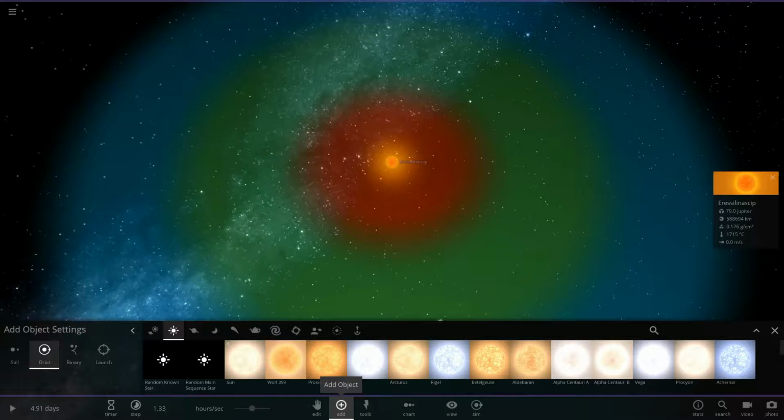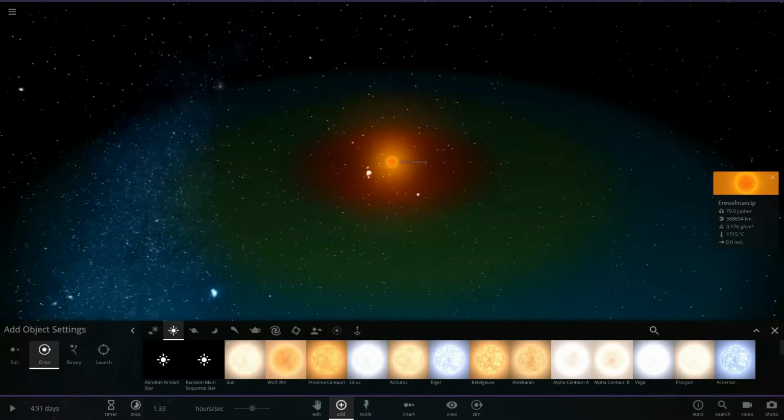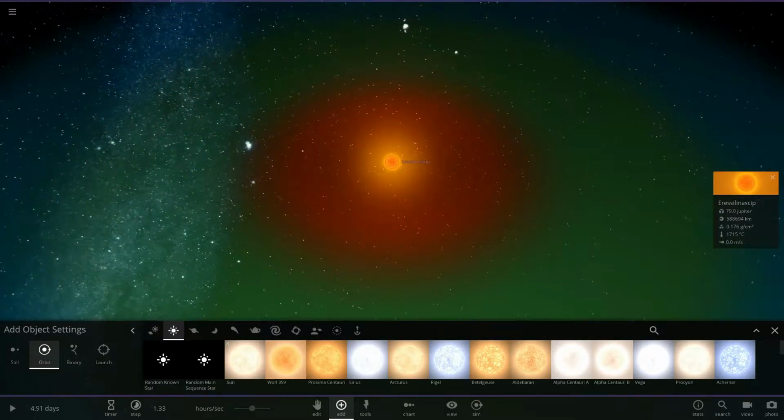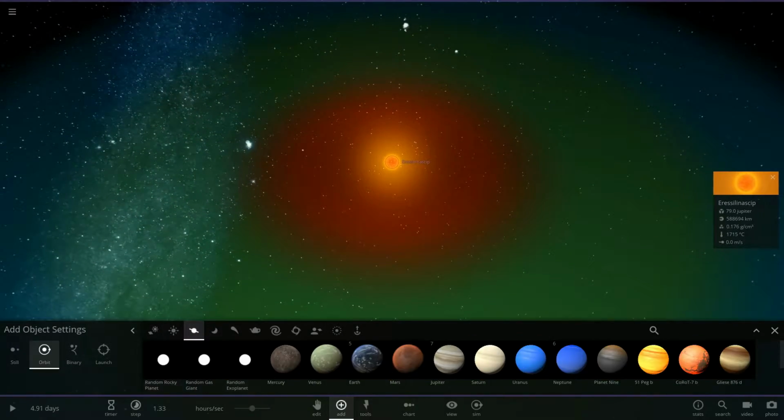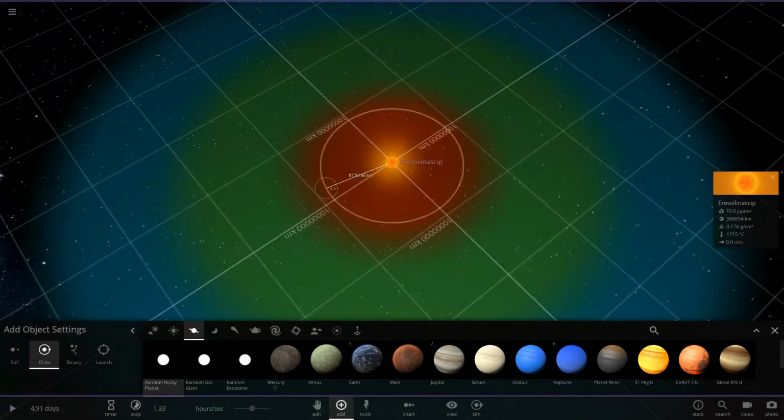T class, there you go. T class. So Y class is the coolest. T class is like the average temperature for a brown dwarf, and then L class is like the hottest. I mean, seriously, it basically works like this: